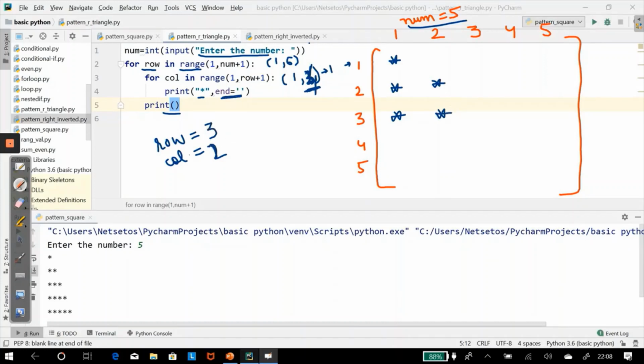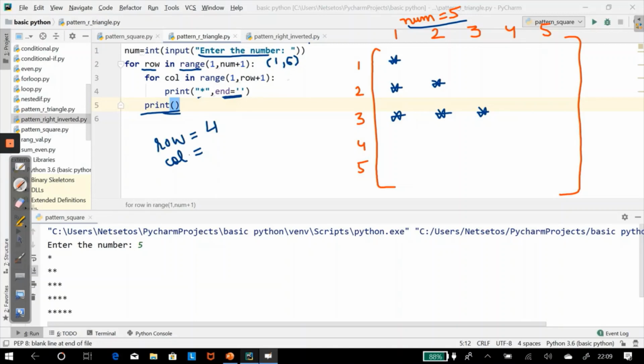Then for column 3 it will print a star in the same line. Then for 4 it will not execute as it is the last one. So it will change the line. Now it will go for row 4.